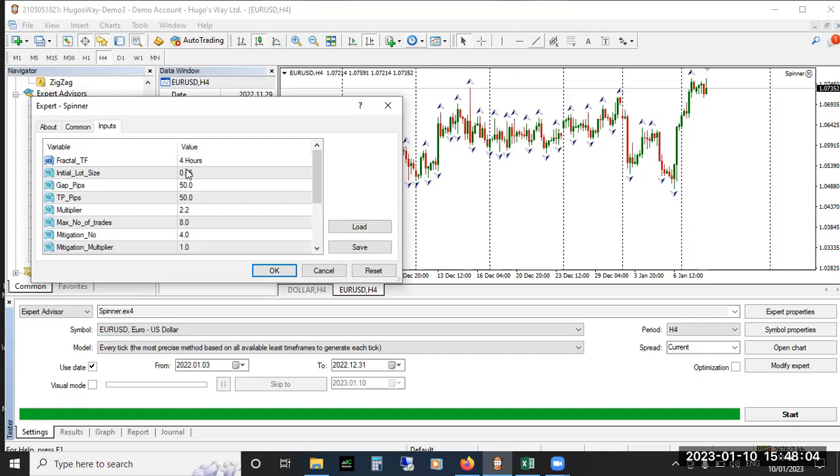So backtest this EA before you start using it. Make sure that it's in line with the goals that you have. I would give a couple of presets, templates if you want. If you order this, you will get a particular link to actually download some presets that you can use